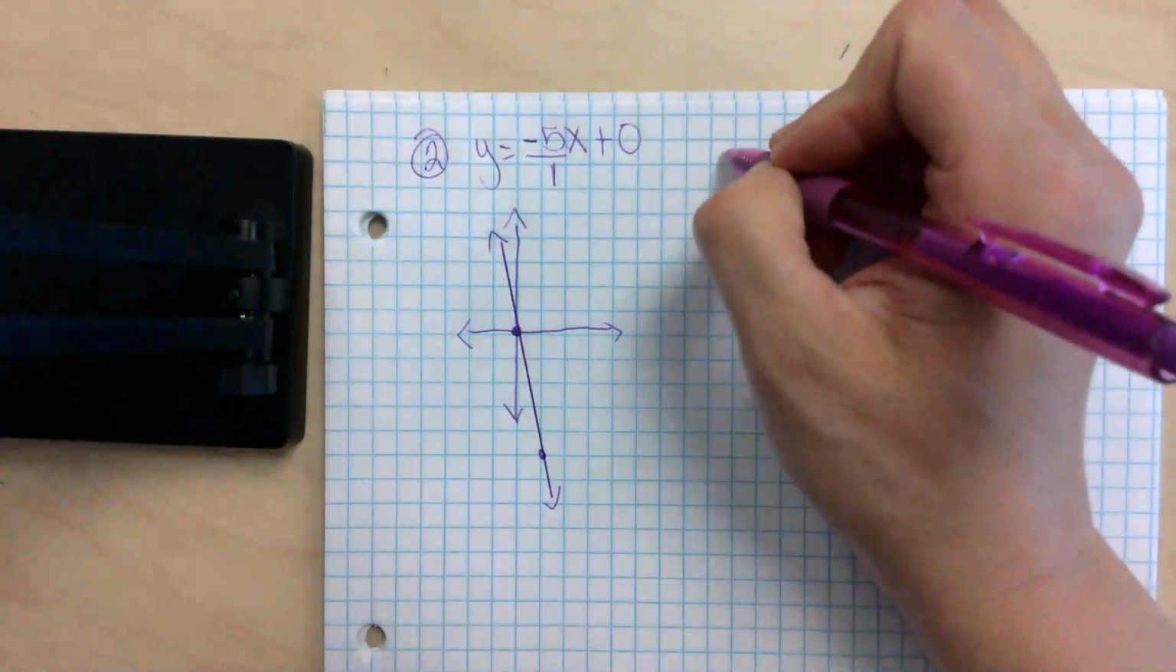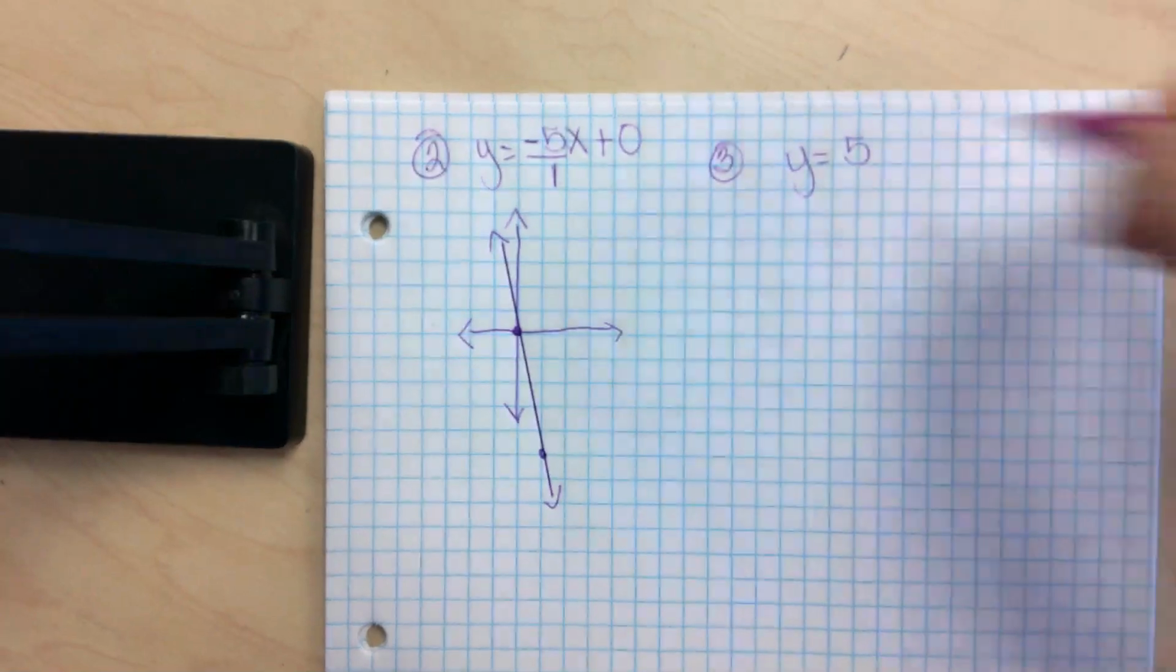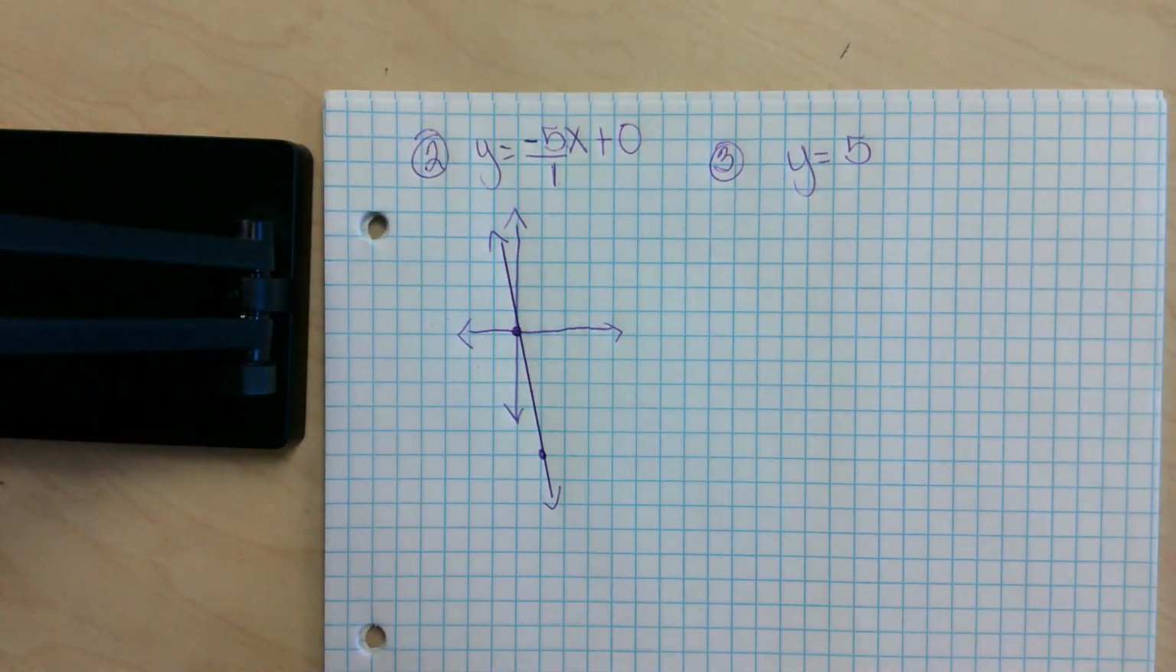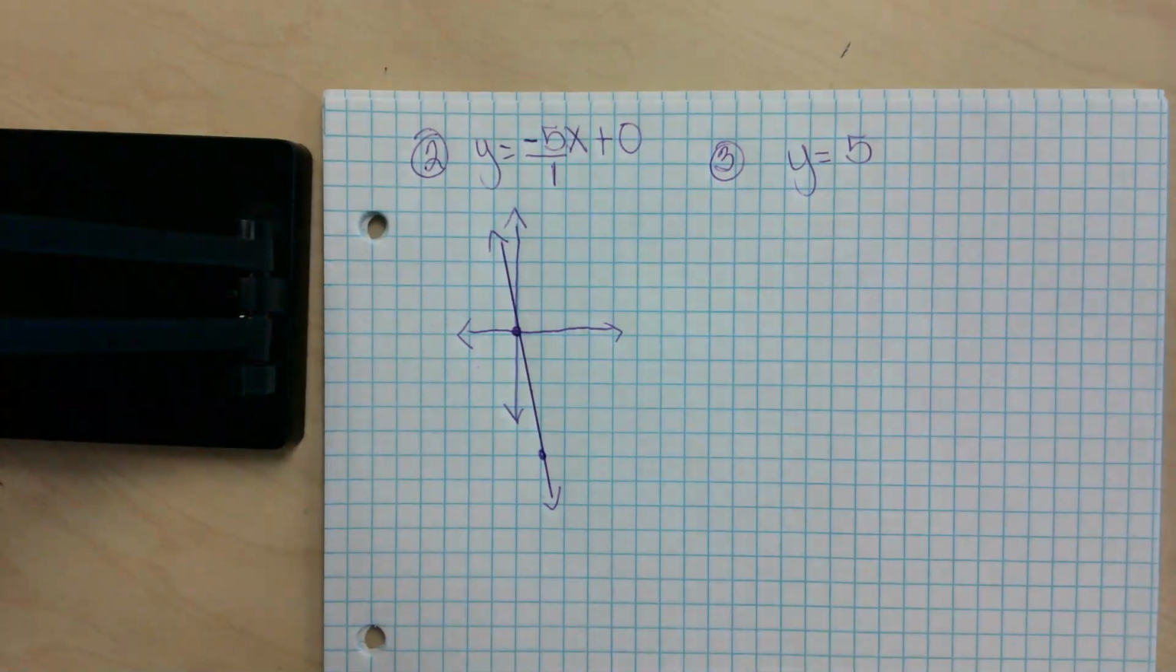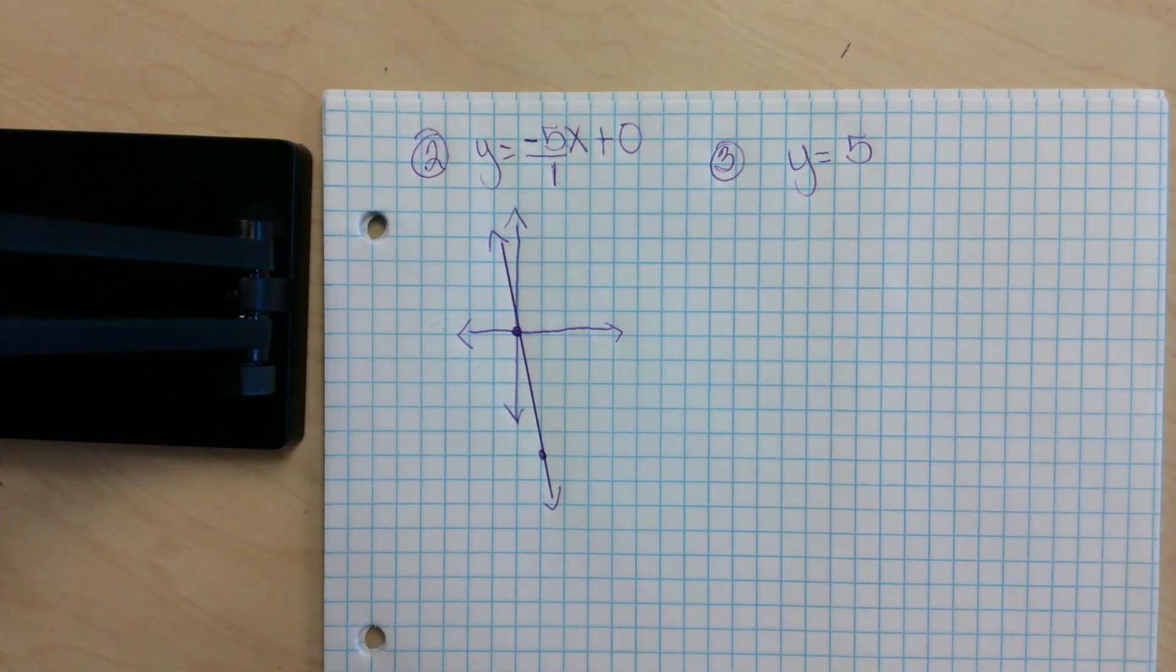My next one is a little weird. It says y equals 5. What letter is this missing? X. So because the M comes right before the X for the slope, what is this not going to have? It's not going to have a slope. So what I'm going to do,